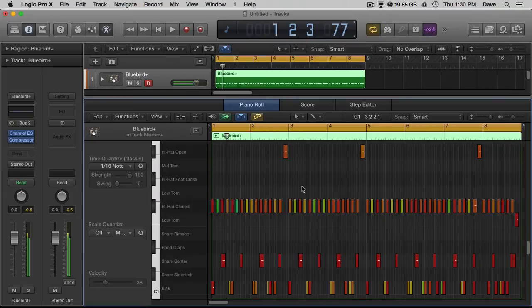And I have toms, I have crash cymbals, ride cymbals, cross stick, everything else. So this is MIDI data. So this one note here, hitting that is the kick. This is sending a signal to the drum module, to the virtual instrument, to play the kick sound at this